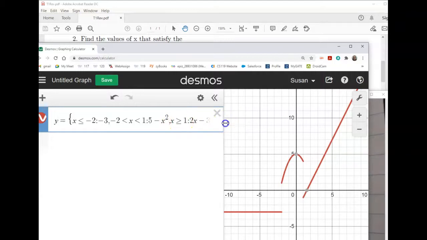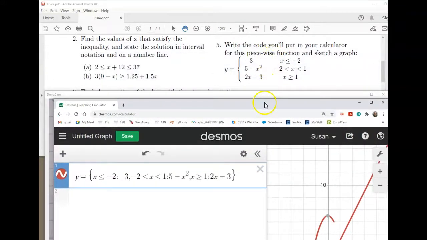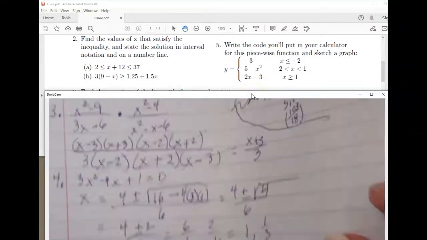So you basically are going to put this into a calculator, a graphing calculator. There are keystrokes for this for the Texas Instrument calculator on previous videos. So if you prefer to use that, then by all means use those keystrokes. So for our purposes, we need to draw the graph. So for part number 5,